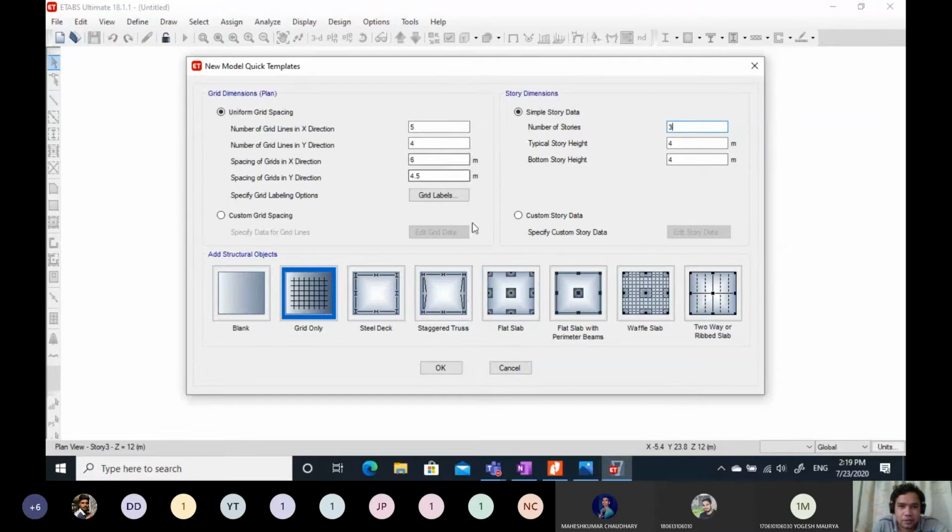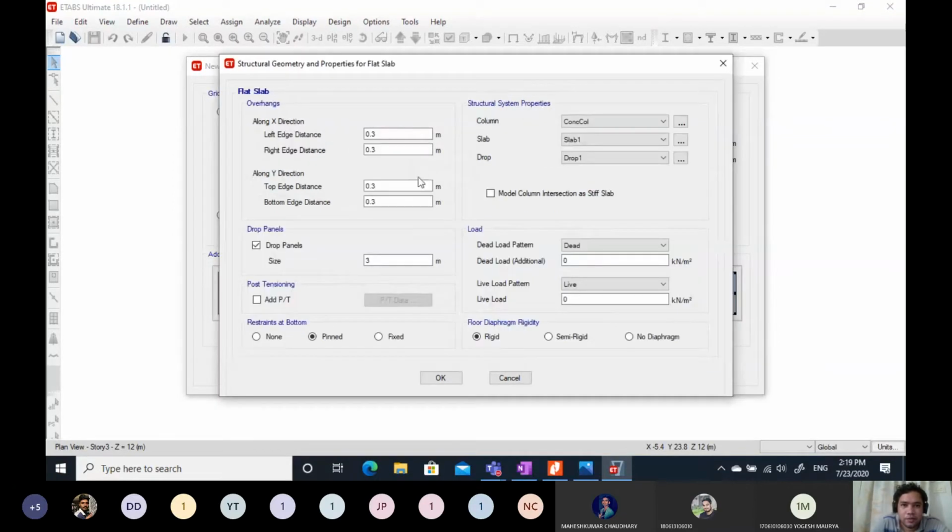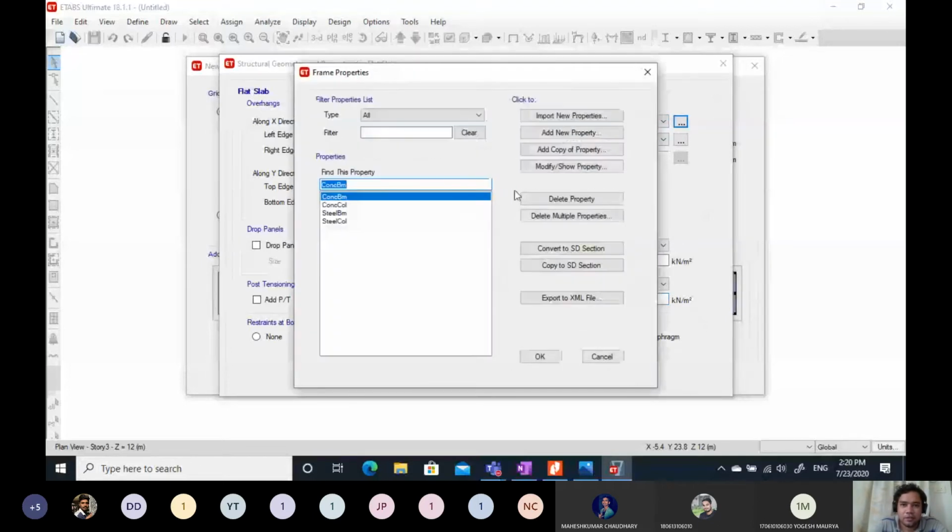Just click this, this will be 0.2, 0.2, 0.1. I check, uncheck this, live load as 1, dead load as 4. See, you can also click OK and your geometry will be created. Then later on you can assign the column section and slab section again, but it is better to assign it here.